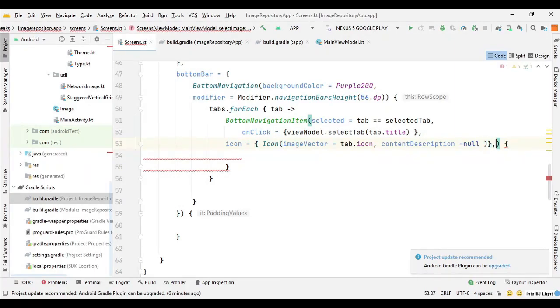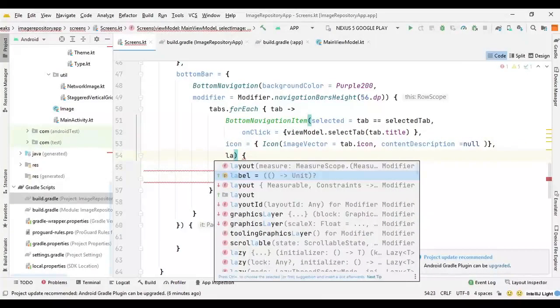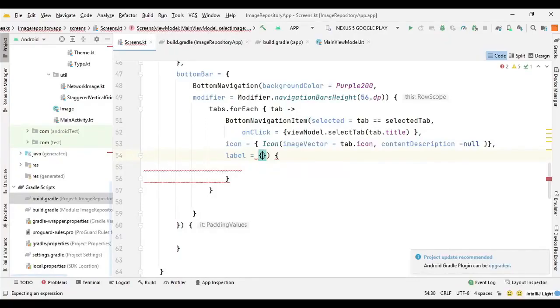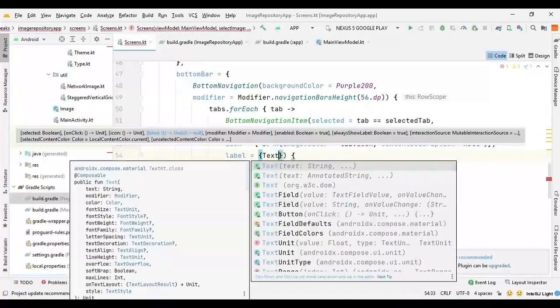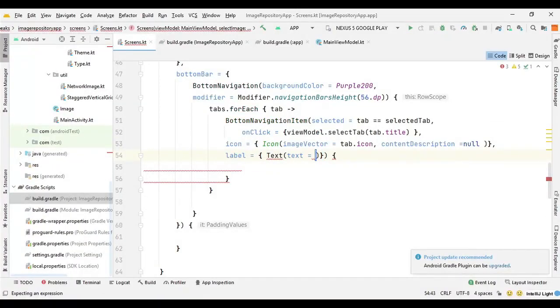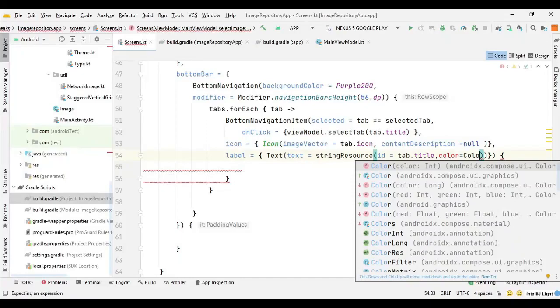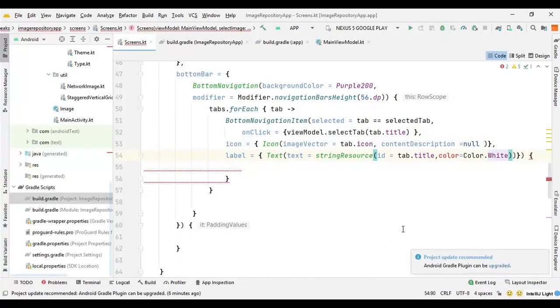Then we need a label also, so we can say label, and for label we can simply pass a text here, so we can say text, and again we will be pulling the text from the string resource, so we can say stringResource, which needs an ID, so we can say tab.title, and we need color, so I can say color equals Color.White, and here we have some problem with the color.